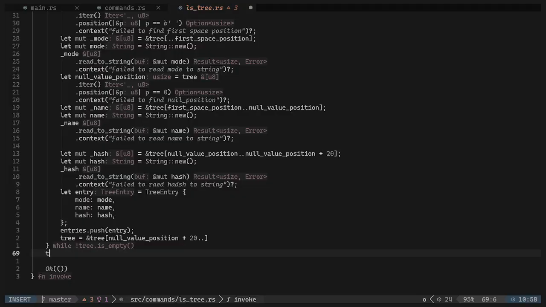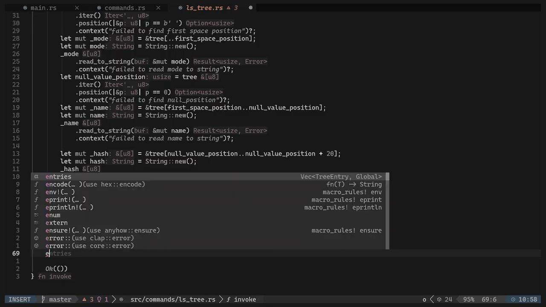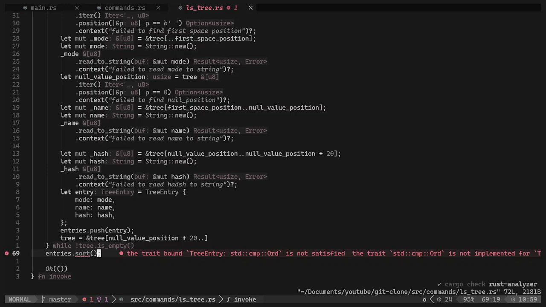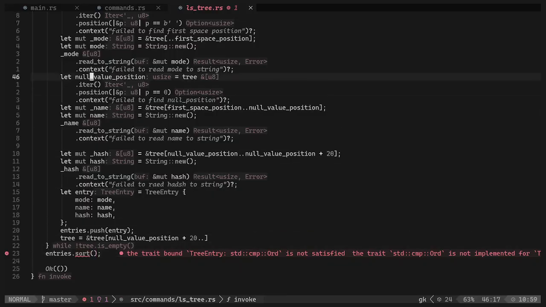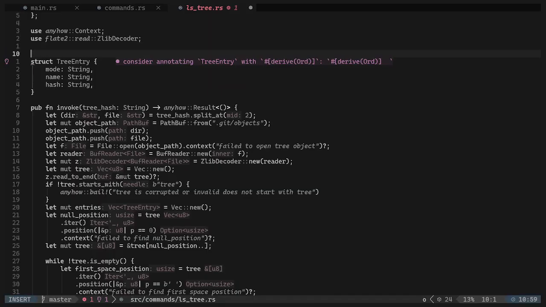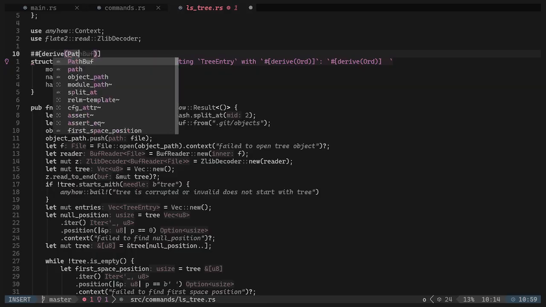I can just ignore that, but let's see, entries dot sort, but we can pass in a closure. Let me see how. Yeah, it's not satisfied. We would have to implement our own sorting on the struct, but I'm just going to use derive and just put in